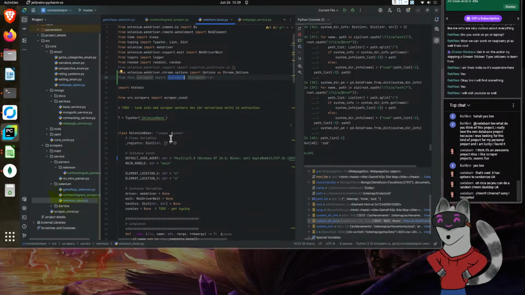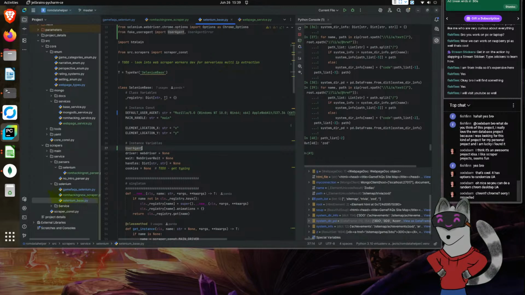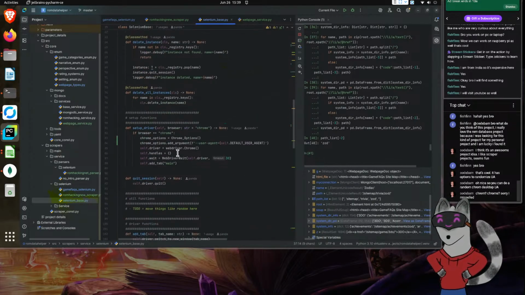what we can do is we'll set up an instance variable. I'm thinking... Our user agent, and then from here, when we call this, if we're setting up Chrome, then we have our options.